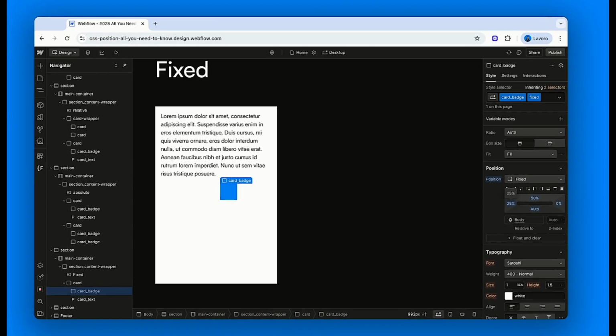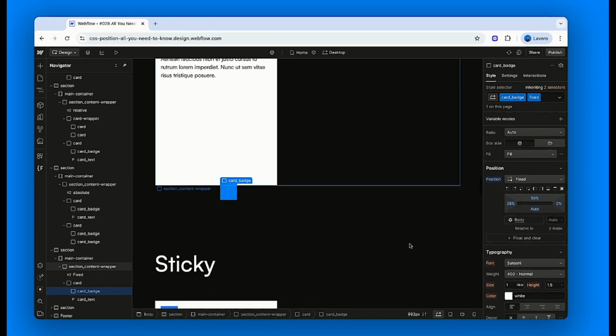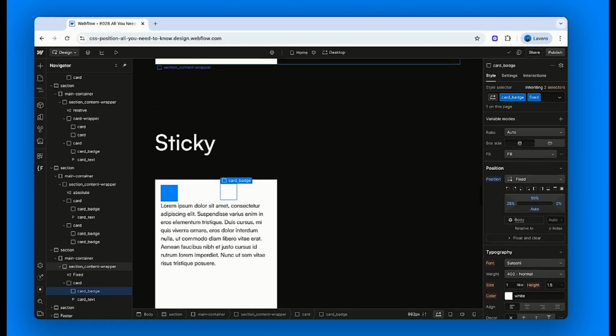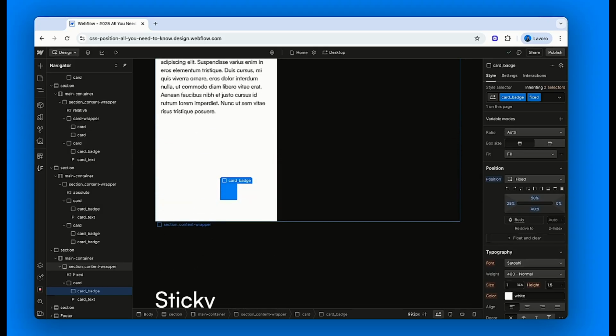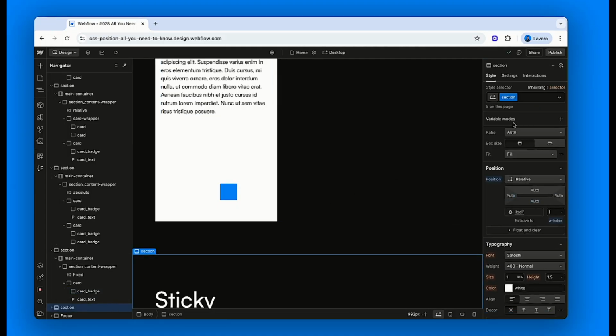Now, let's scroll down the page for a second. You'll notice something strange. The badge disappears again. This time, the issue isn't about the badge's z-index, but rather about the z-index of the sections that come after. In our layout, each section has a position relative and a z-index of 1. That means these sections create their own stacking contexts, and they now sit on top of the badge, even though